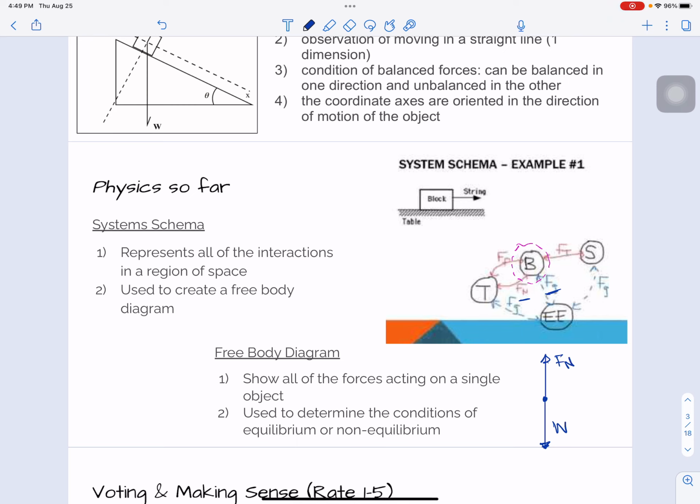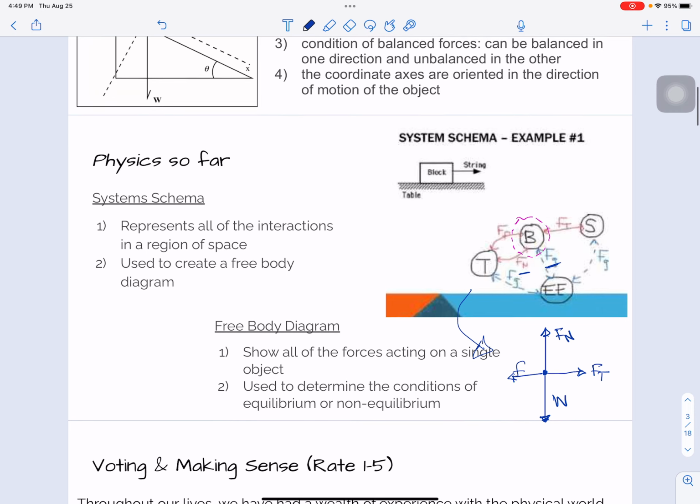And I'm actually going to talk about that today. And then we've got the string going forward, so that's FT, and then they've said that we have force of friction backwards. I don't know how this block is moving, so I really can't put in any congruency marks, but I just wanted to show you how we go from a free body diagram, or from a system schema to